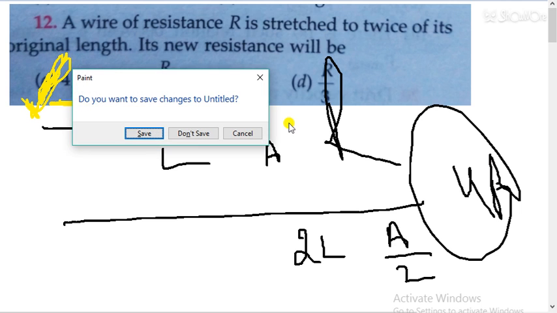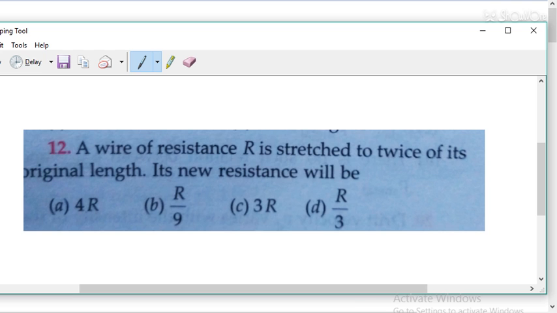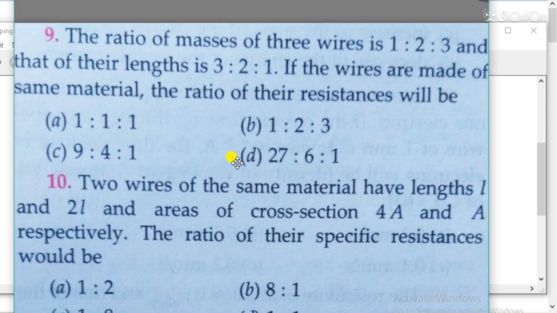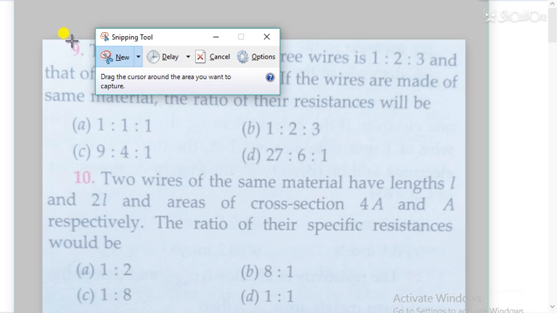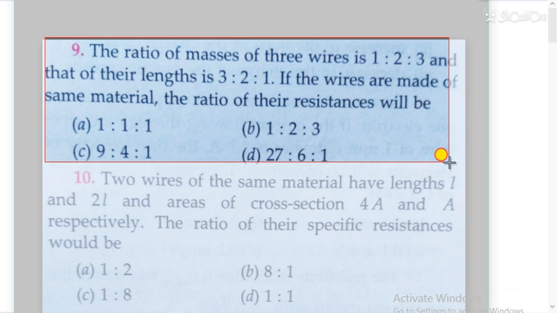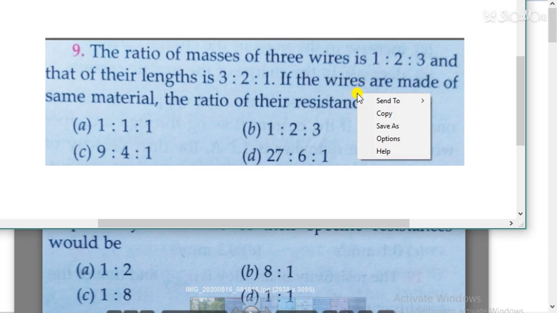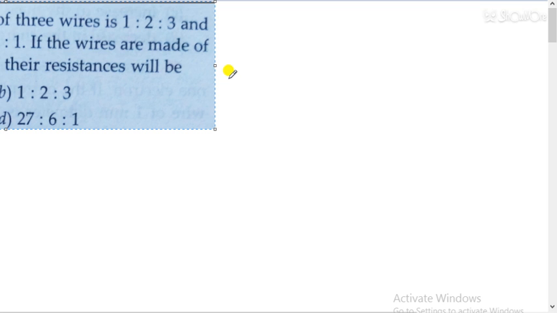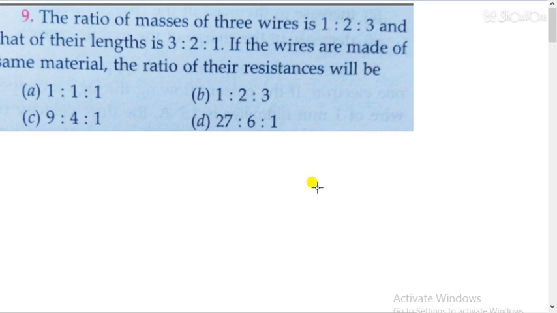So now I am going to take you to one very good question that is given in the book. Question number 9 is the question that is very good. So we will see that question. That question is a little bit tricky also. Okay, stay here students. This is the question that I was talking about. This is a very tricky question, and let's see what he is asking in the question.